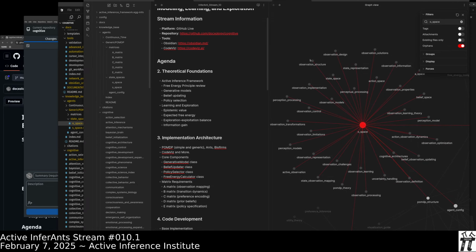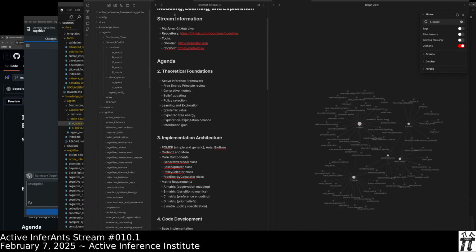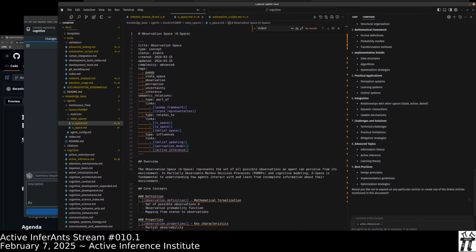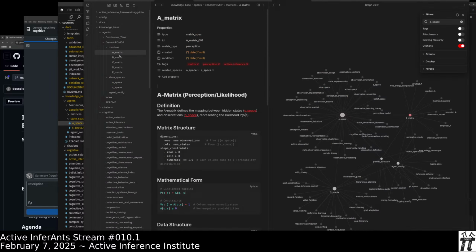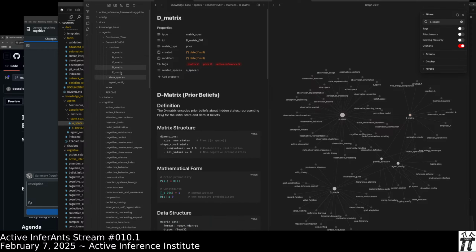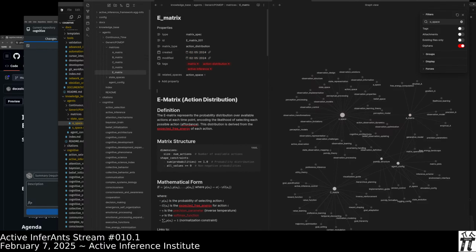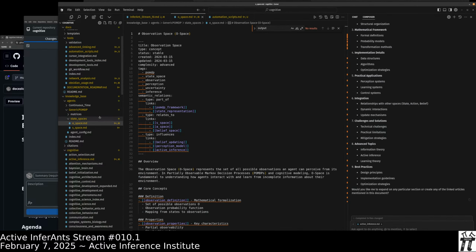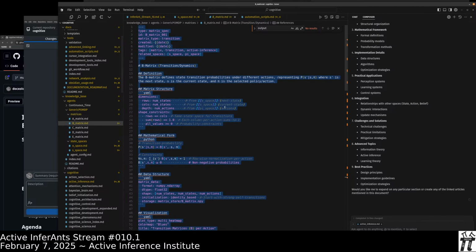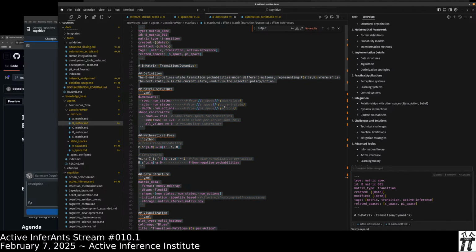So here we are in O. Now we can see the structure of the POMDP fleshing out. So we were looking through the generic POMDP documentations, like levels of documentation that I don't even know have been seen for some of these topics, because we can always just go into a given matrix and vastly expand the comprehensive article on B matrix.